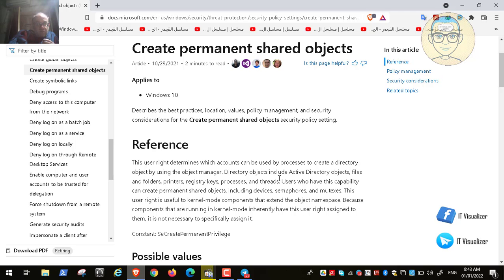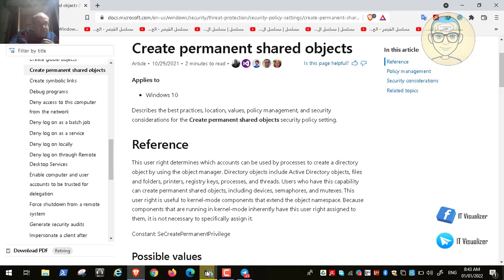So I think here he's talking about creating objects in the Active Directory. He's saying creating permanent shared objects, or he's focusing on creating objects in the Active Directory. So I think this also should not be assigned to anyone. I think it should be assigned to the domain admins or something.